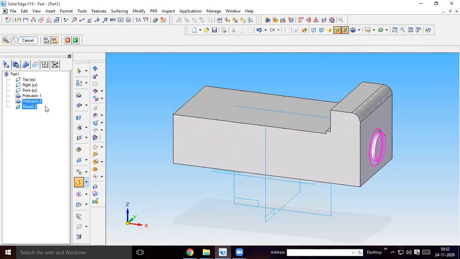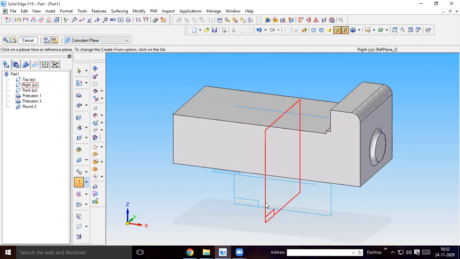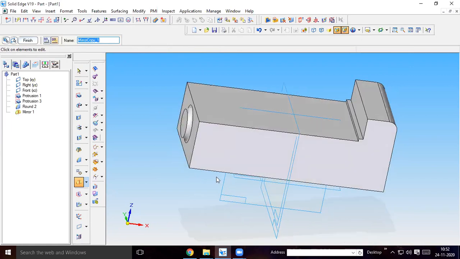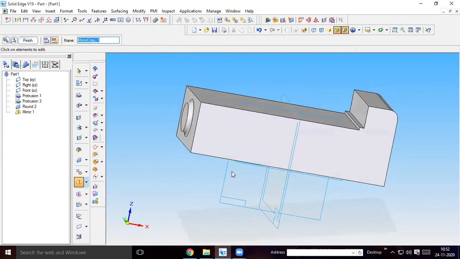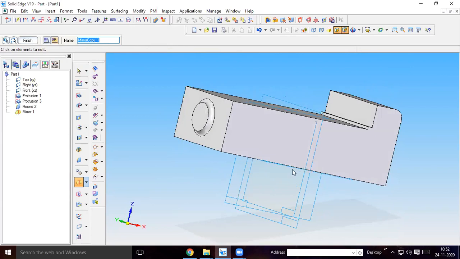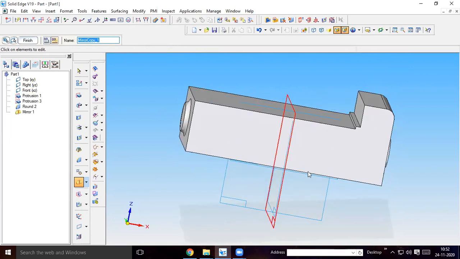Here also you can click and select these two, and then you say okay. And then click on the planar reference plane. This is the plane you have to click. You can see on the other side the same protrusion is mirrored. Because from the center I am creating this distance 110 and this distance also 110. This is also 5 mm width, this is also 5 mm width. That's why I can use the mirror option. I used the mirror option before creating a hole.